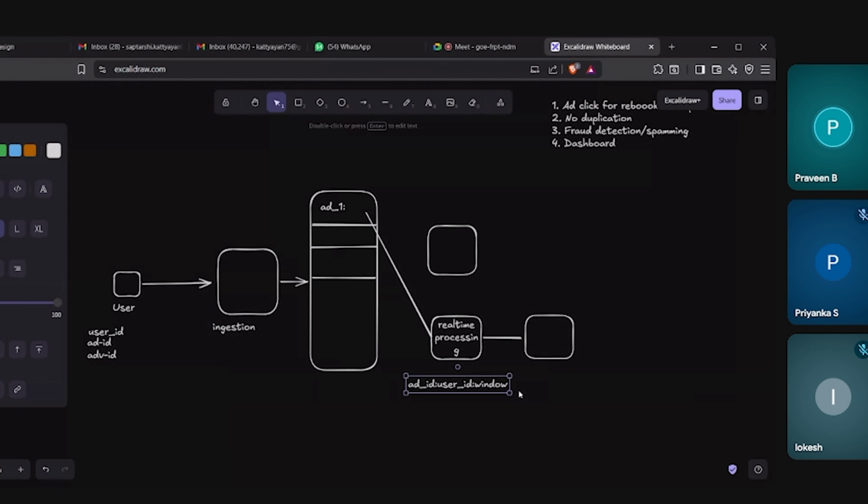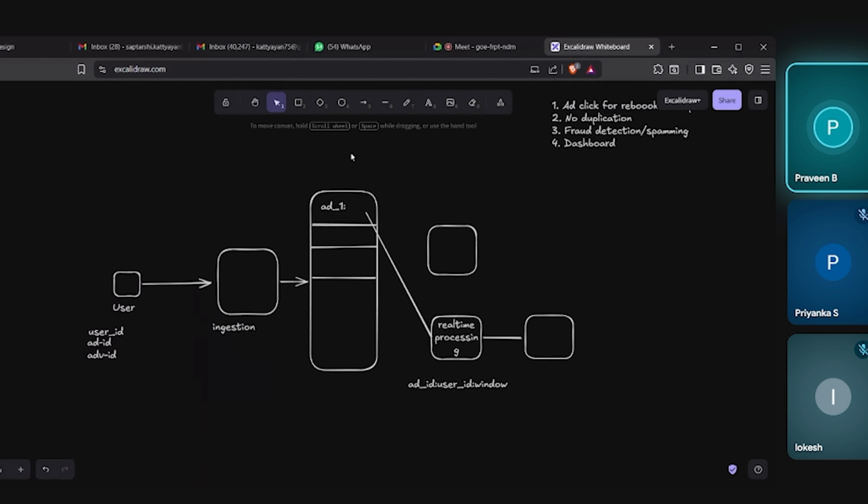Okay, got it, Saptarshi. So can you answer me what is the difference between a WebSocket and a message bus? Because if you're using Kafka or another service, it's a message bus. Why don't we use a WebSocket over there? We don't need a WebSocket here.